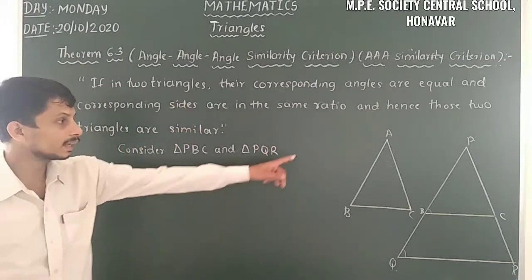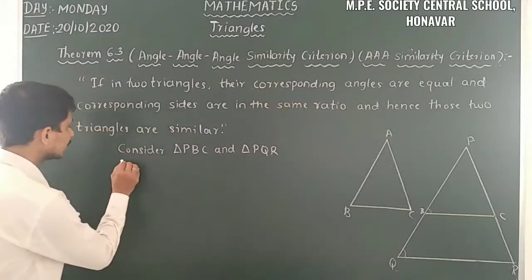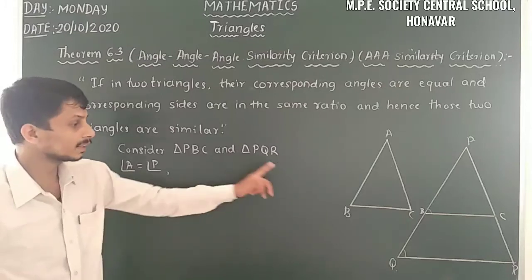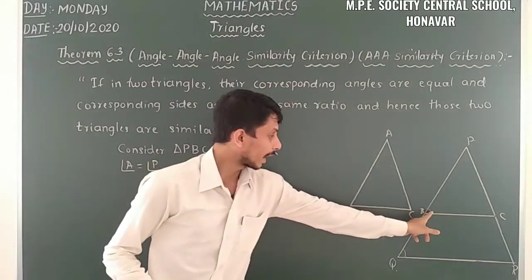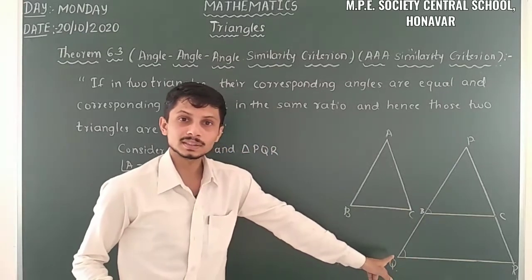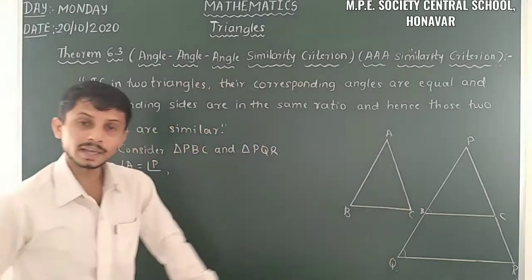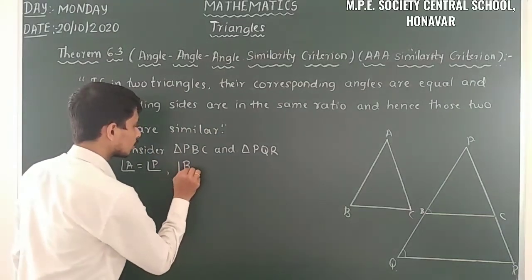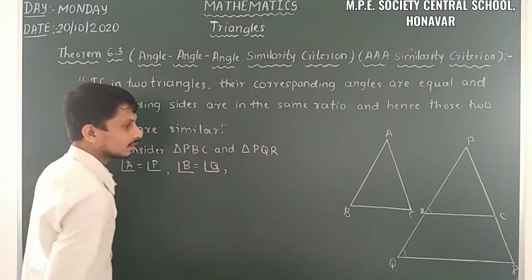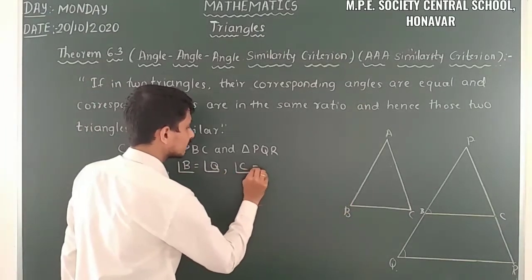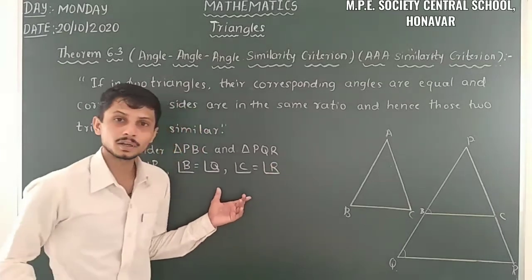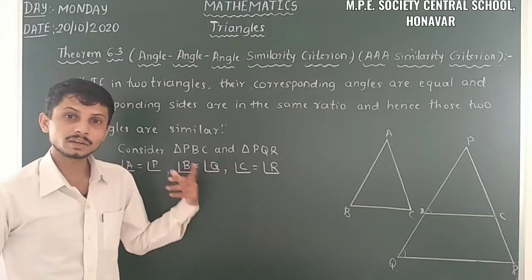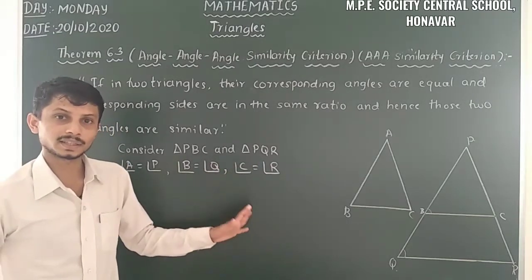So that means here A is merged with P. That means we can easily take angle A is equal to angle P. Those two are the same, and then angle B and angle Q become corresponding angles. So that's why we can take angle B is equal to angle Q. Then angle C is equal to angle R. Those two are corresponding angles. So we have the corresponding angles are the same. Then we have to take the corresponding sides are